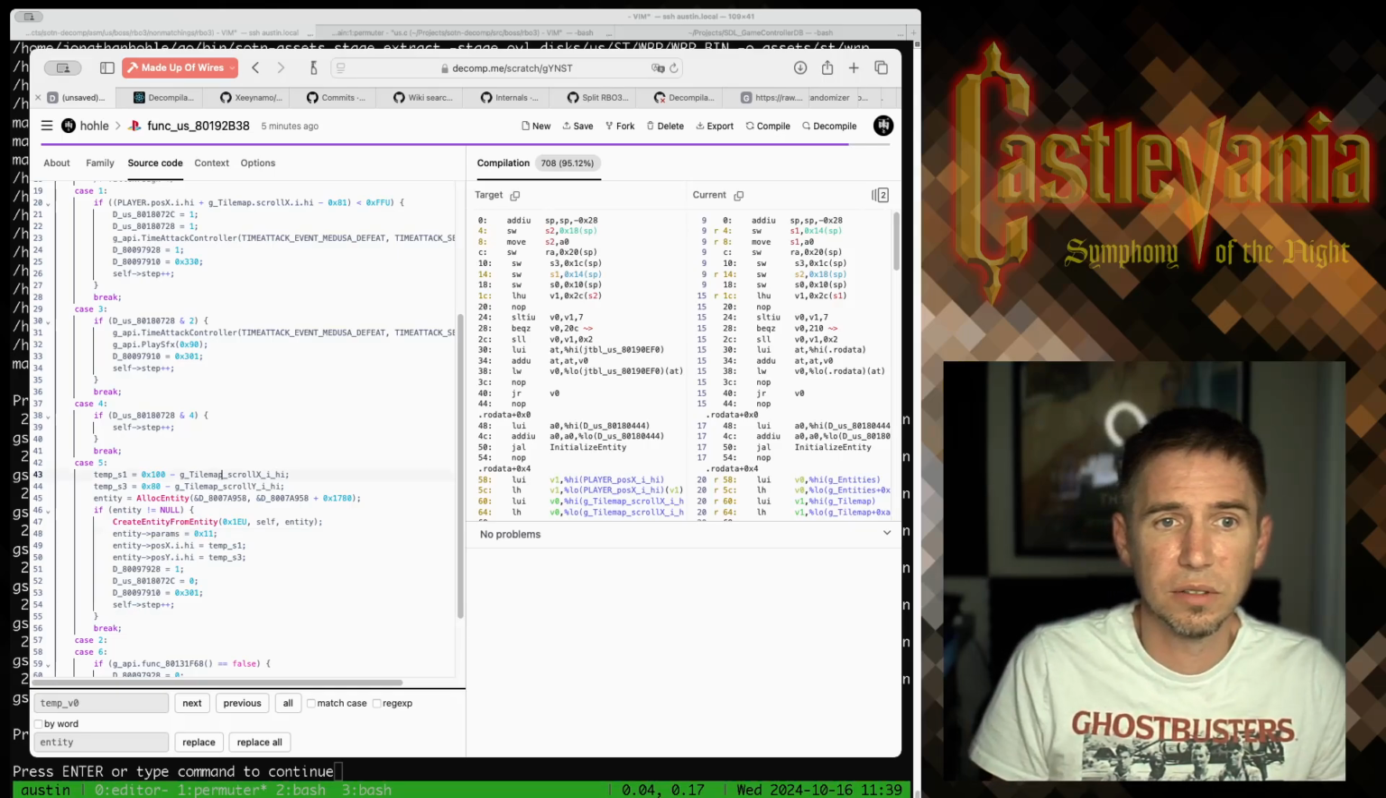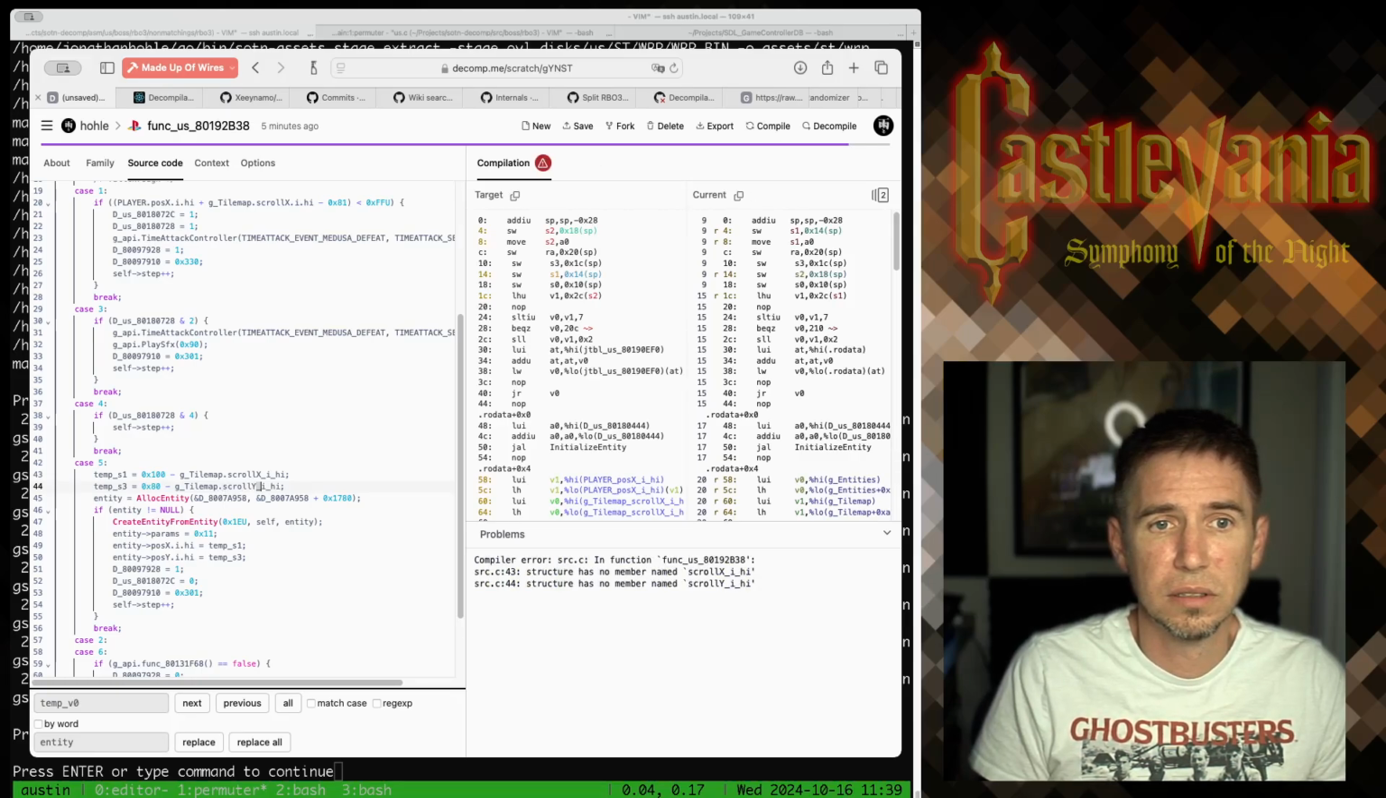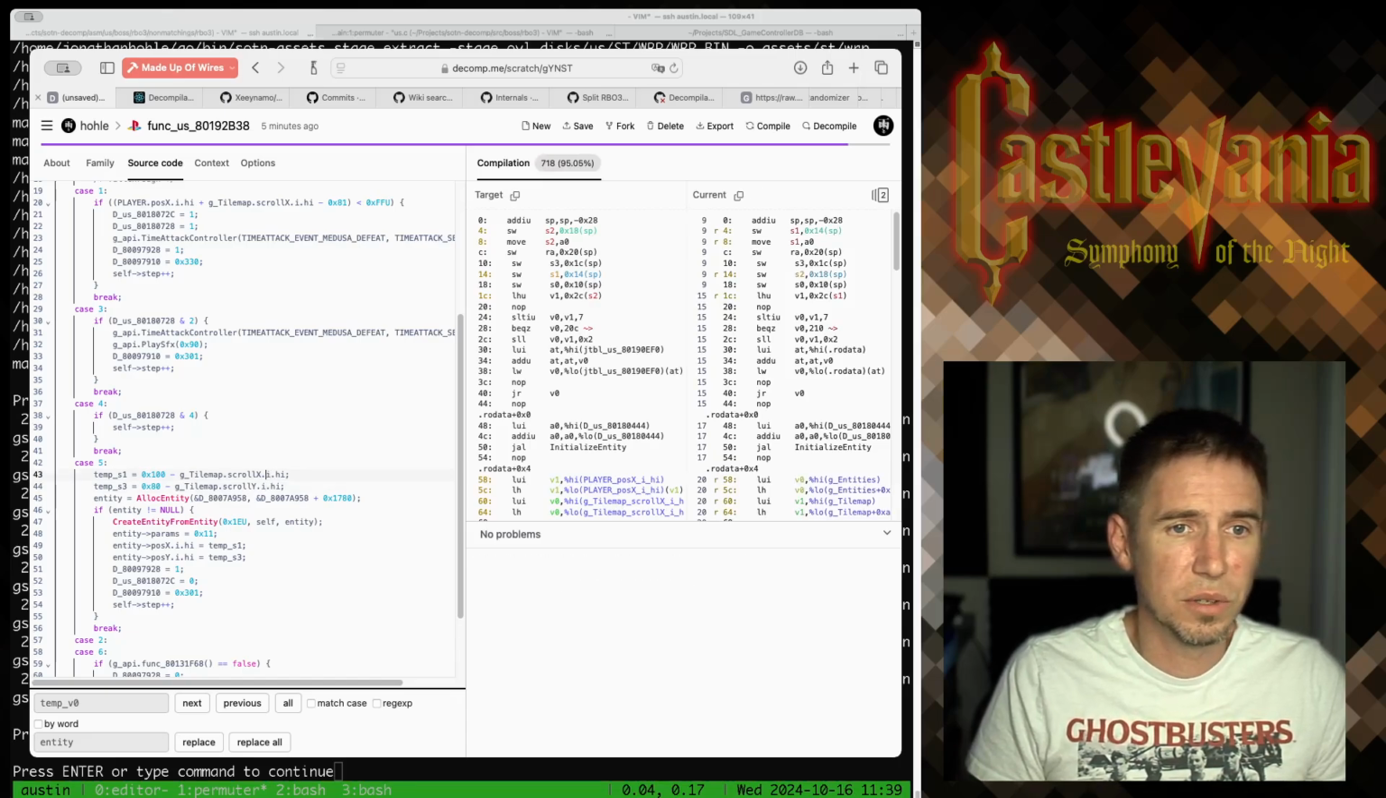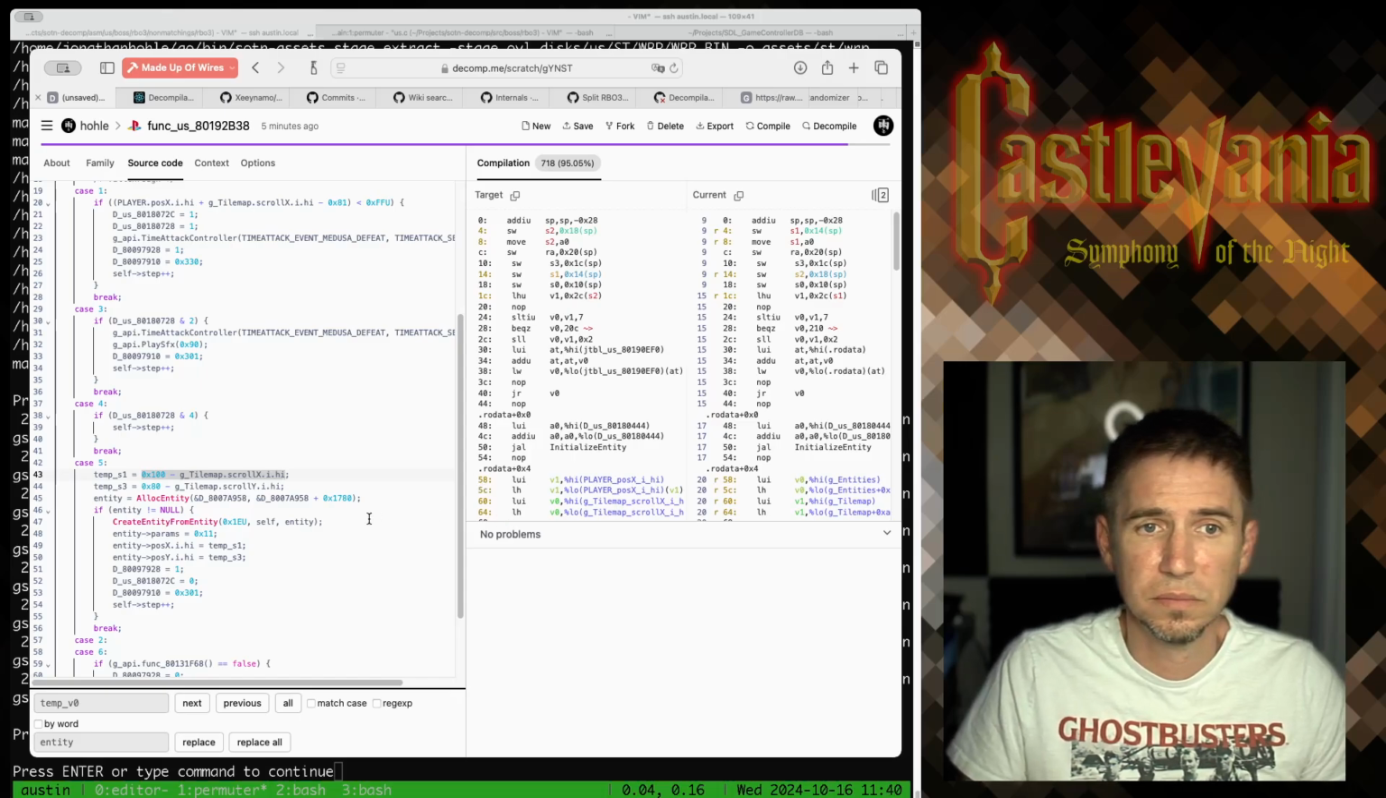These are all wrong as well. These are also only being used when entity is not null. So I'm going to try moving these down and see if